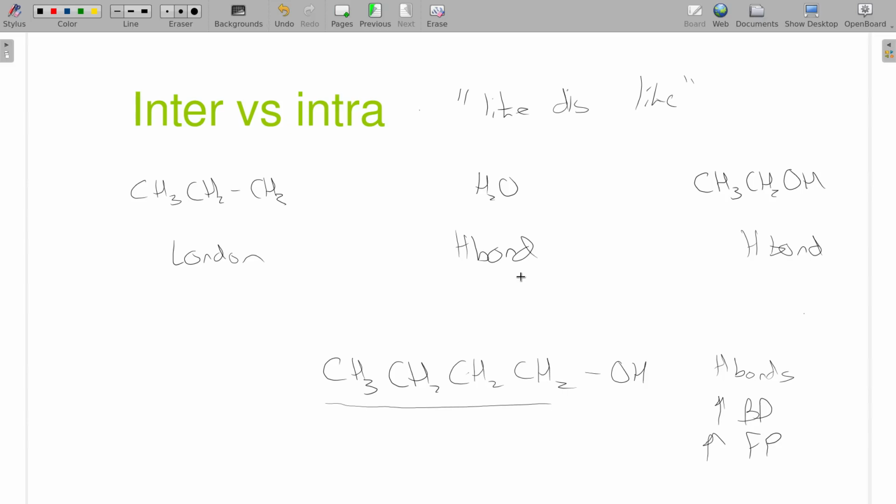So intermolecular forces are darn important. London dispersion, dipole-dipole, and hydrogen bonds. But understanding what they are is a lot more beneficial to understanding where they overlap. Because something like this molecule, once we're getting bigger molecules as we get deeper into organic chemistry, can have multiple intermolecular forces that apply to one molecule.